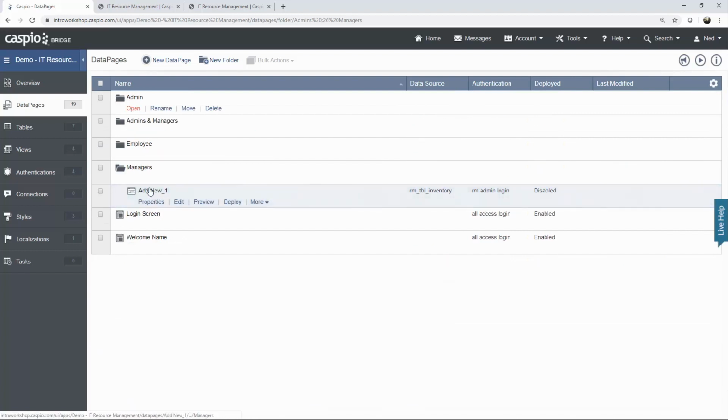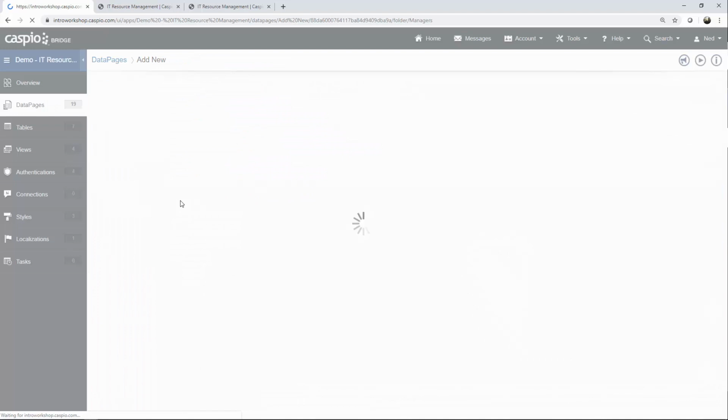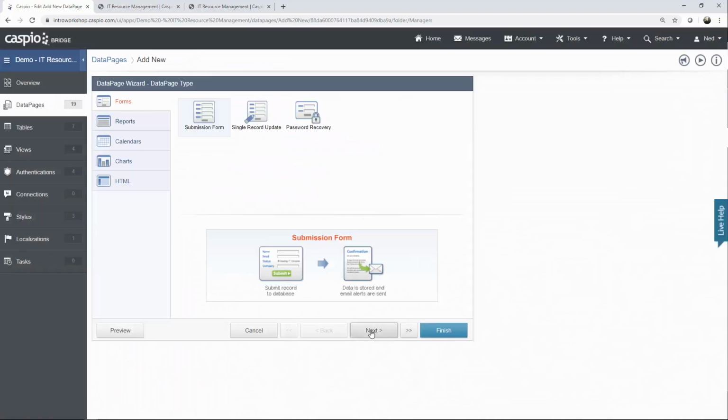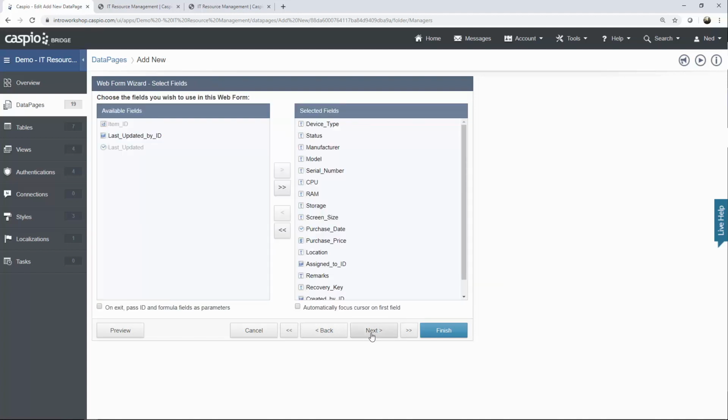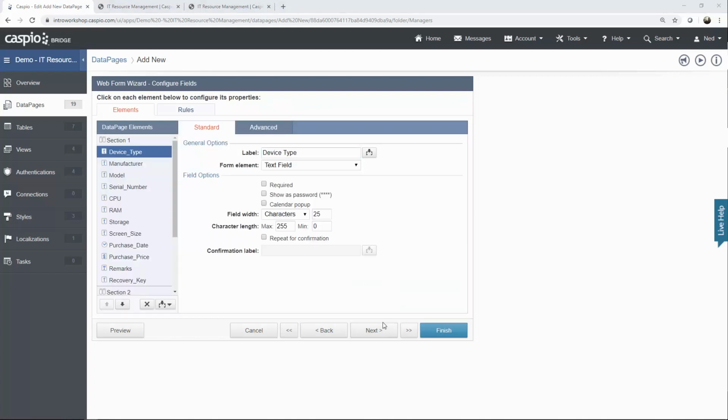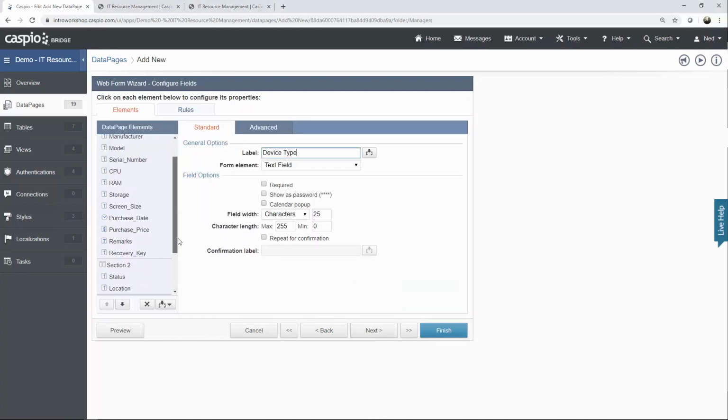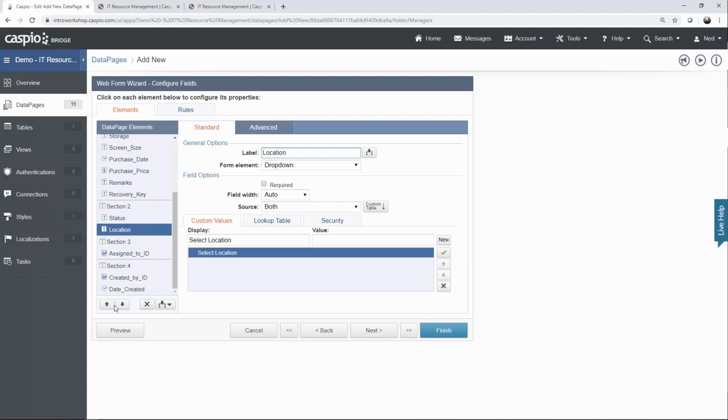Here's the same exact data page. First thing I'll do is I'll just go ahead and rename it. So we remove this underscore and 1. Then I'm going to click on edit. Click next, and very important here is to change the authentication to manager only. Click next. We're going to keep all the same fields the way we have it here. Click next. And what's very important here is if you find a location field, just go ahead and move that